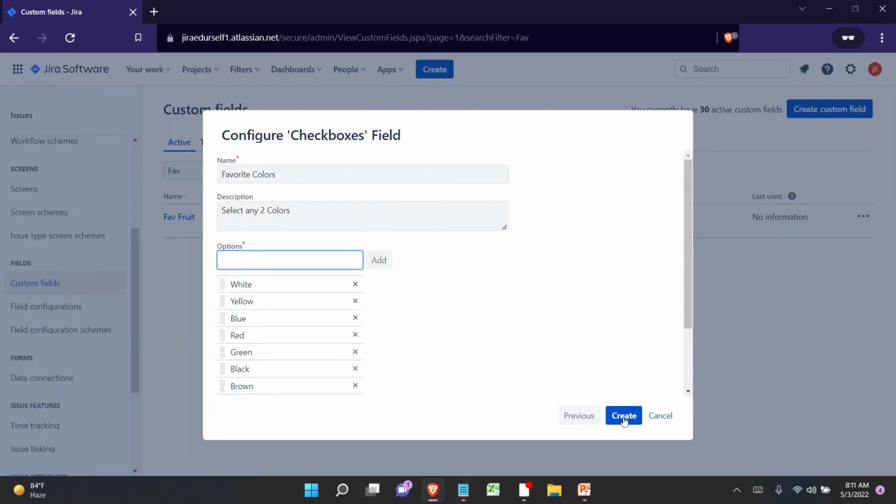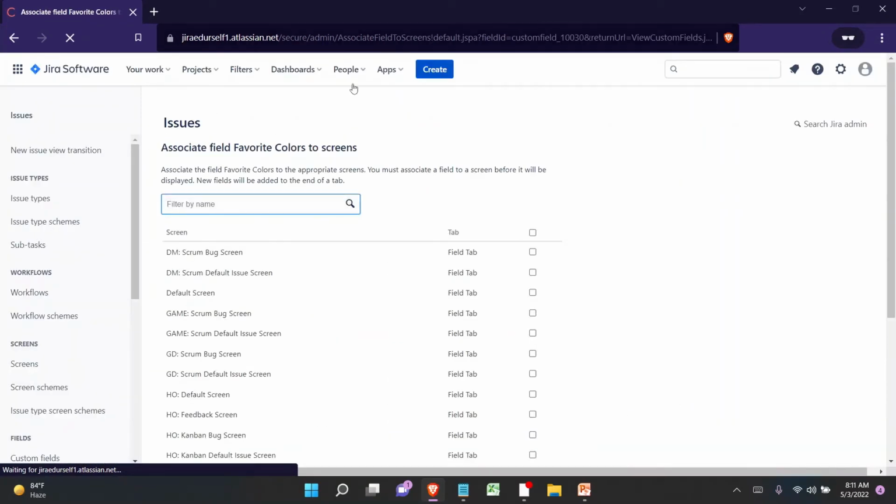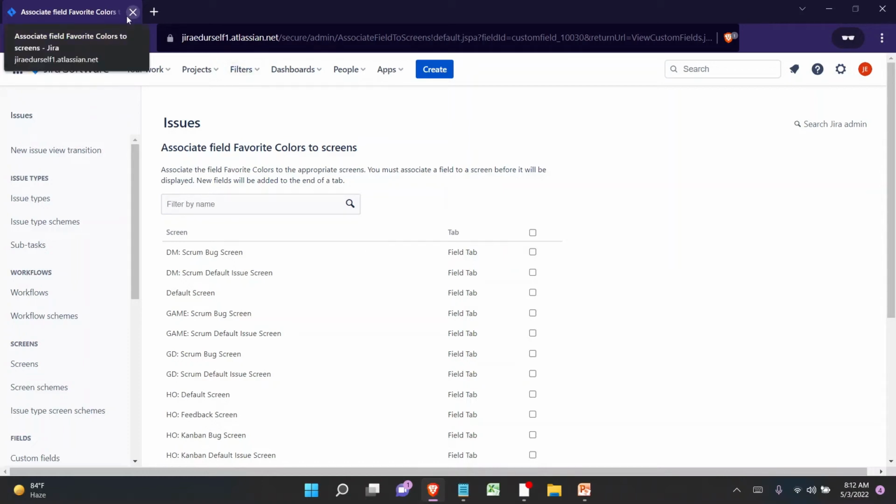Alright, we have successfully added all the needed colors that need to be displayed in the favorite colors field, right? Now it is the time for us to click on create. As soon as we click on create, what will happen? The favorite colors field will be successfully added to the Jira software. Even if I close the tab and come the next day, and search for the favorite colors in the custom fields, I will be able to pull up the value. But since we are creating a new custom field for the very first time, it will ask us,